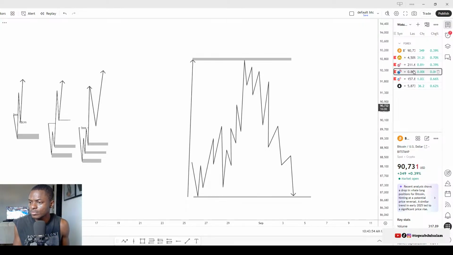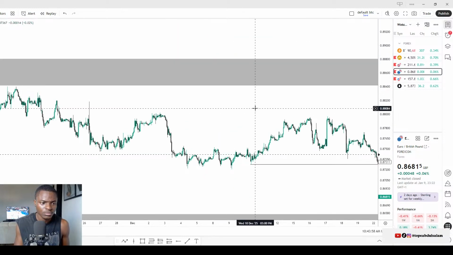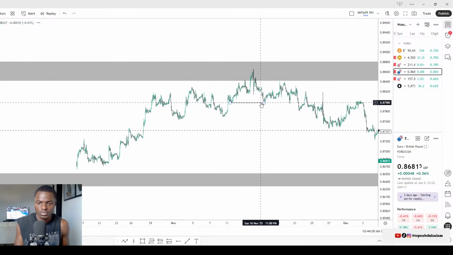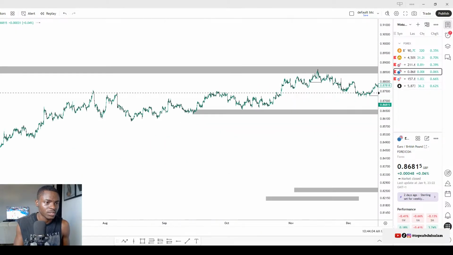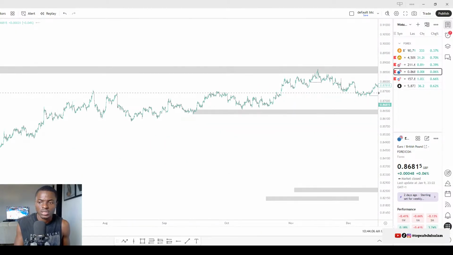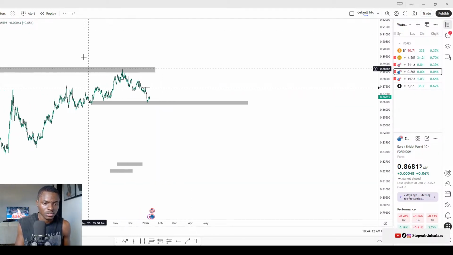So let's look at the same example that I showed you now. I'm going to show you how I traded it on this euro pound, and how I just followed it. So this euro pound,